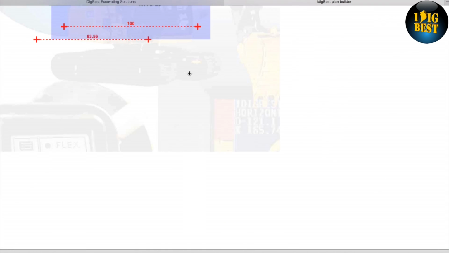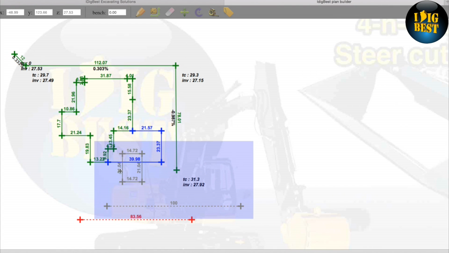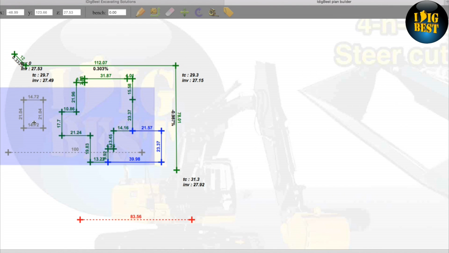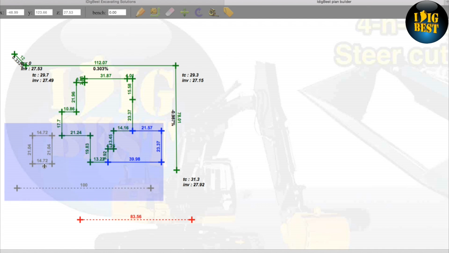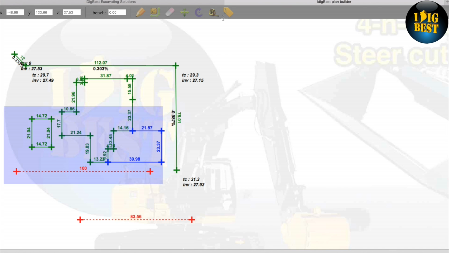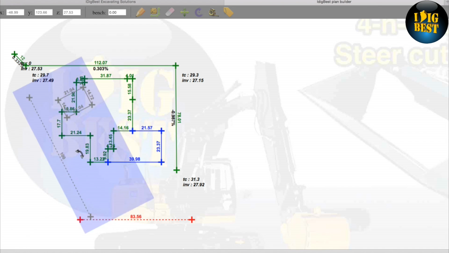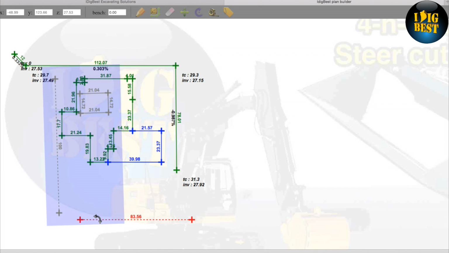So let's say this is, like I say, a swimming pool or something, whatever we want to call it. I come over here and I say that swimming pool is going to go right here. I could do whatever I want. But let's say we wanted to put it over here and it's the wrong angle, or we wanted to put it on an angle. Well, we got this little button that flashes up here, and it makes it so you can start to turn it. So you could turn it 90 degrees. You could reference off something if you wanted to, like that. If I want to go 90 degrees and get it really close,